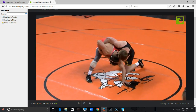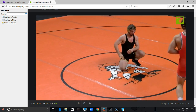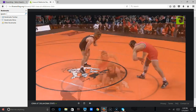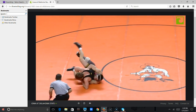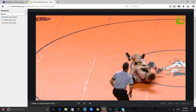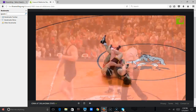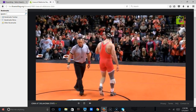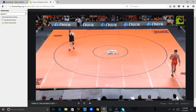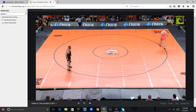21-11. Oklahoma State leads Iowa heading into our final affair of the afternoon. Talk about a style clash, this heavyweight match. Sam Stoll wants to wrestle you in close, wants to get to his underhooks, move you around, take you to the edge. Austin Schaefer, a converted 197 to an undersized heavy,